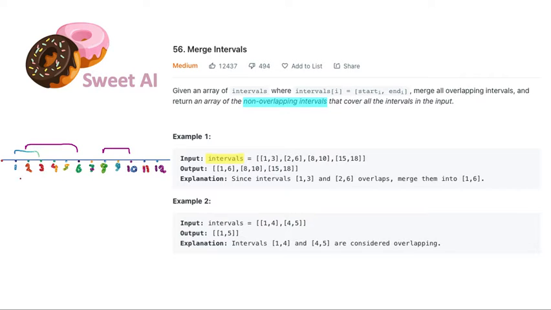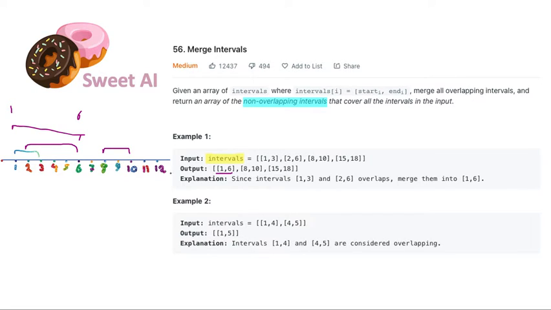So you see, when I draw it illustrated here, there is no overlap between 2 and 6 or 1 and 3 with 8 and 10, right? I just ignored the 15 and 18. But you see that there is an overlap between 1 and 3 and 2 and 6. So what we are supposed to do is return a new interval that includes all of them, and there is no overlapping interval. As you see, it starts from 1 and it ends at 6, and this is what we are going to